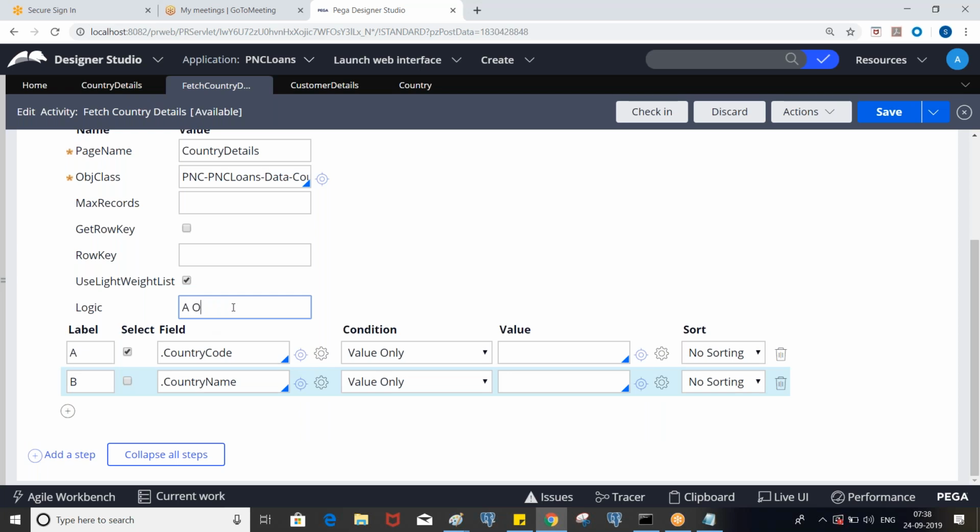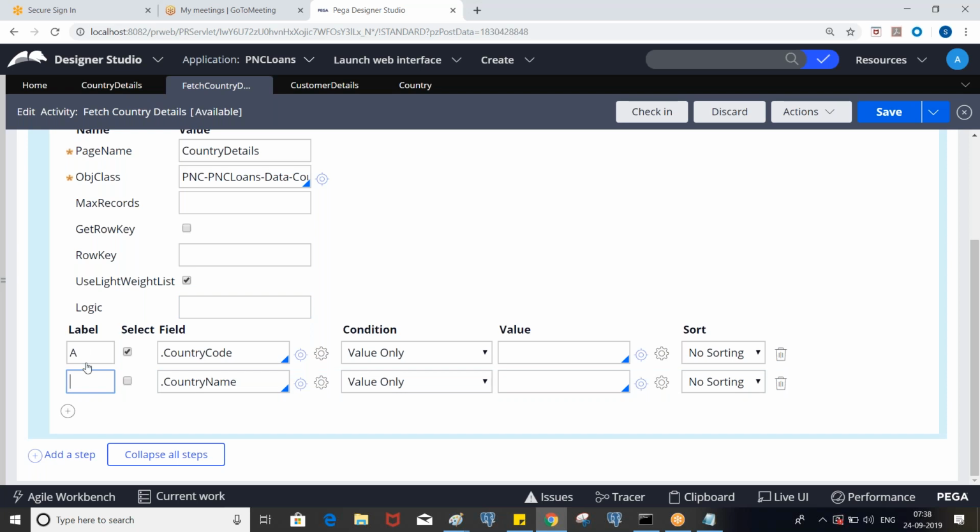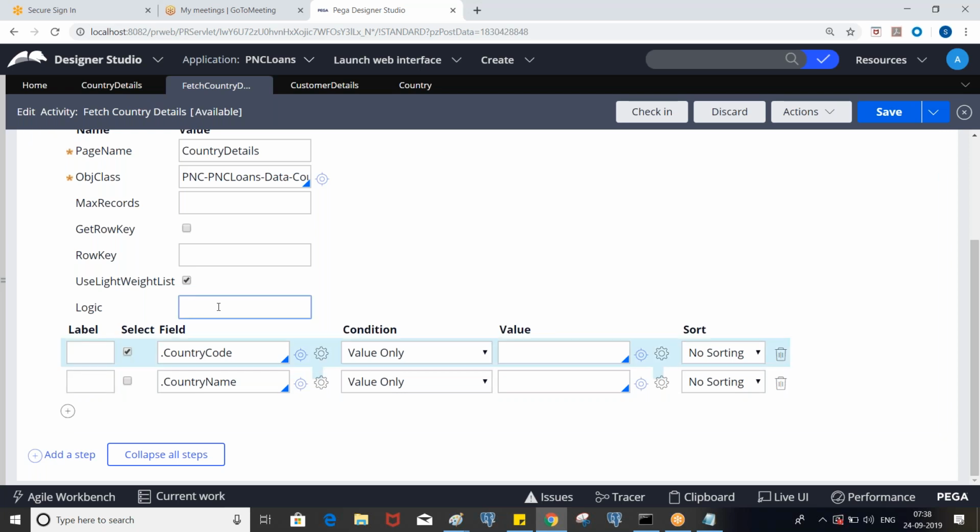And with A or B, if either A or B is satisfied, it will fetch the corresponding data. You know about these logical operators, right? Similarly, it will work here also. Any questions? Satisfies means the condition that we mentioned. It will fetch those corresponding records, let's say, A and B, right?